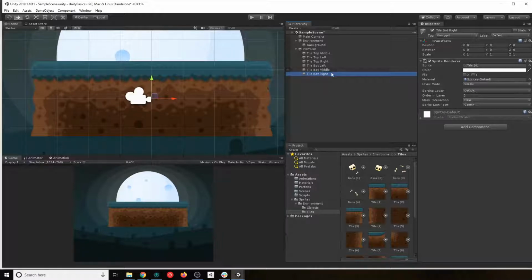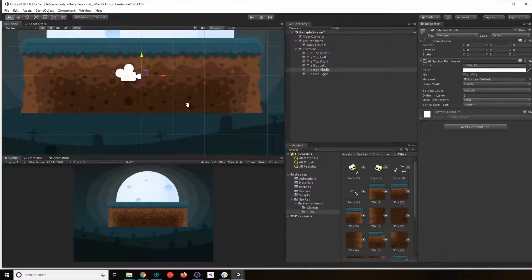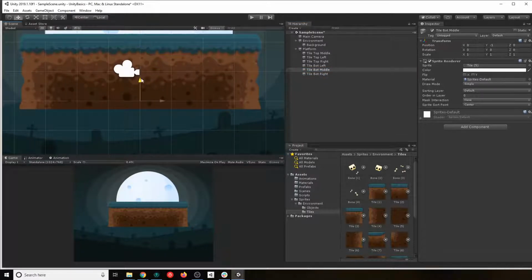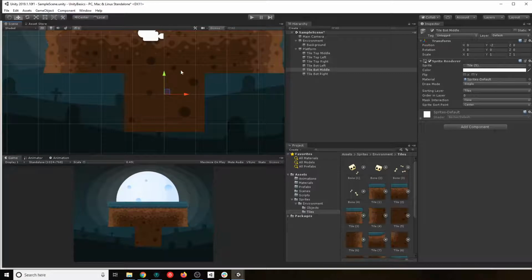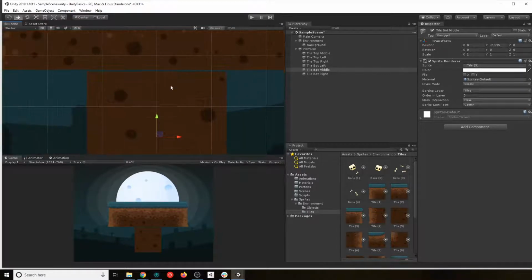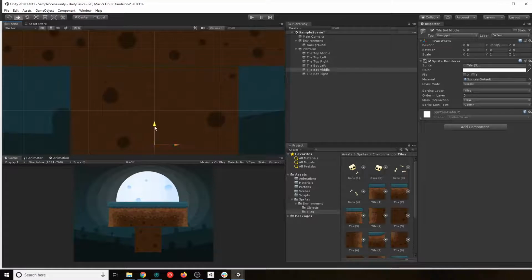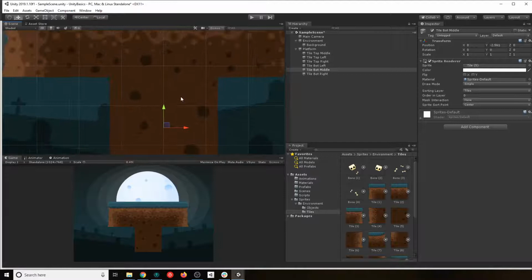Okay, and now we just have to match our middle one down. So, you know what happened there is our sorting layer. You just have to put it in the right one, and now we can see our tiles. Okay, so it looks like I just have to move it here to match it perfectly. Cool. Okay, so that should do it.